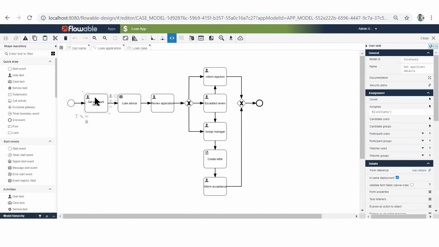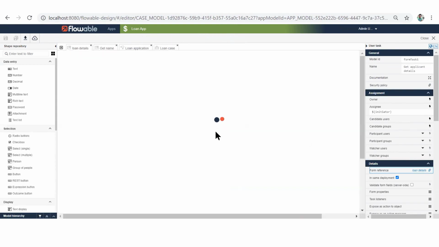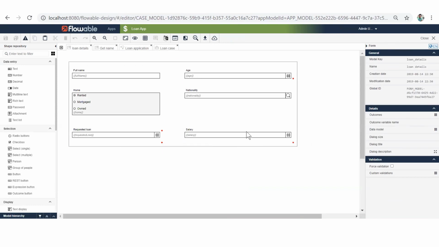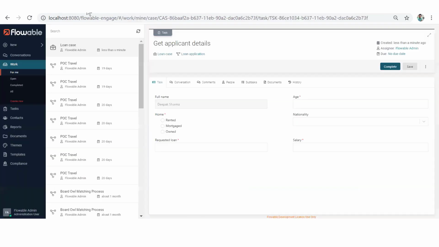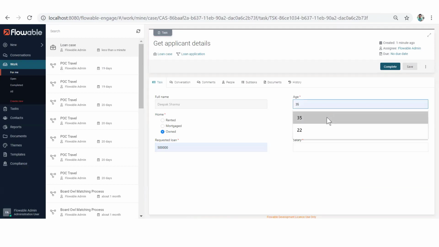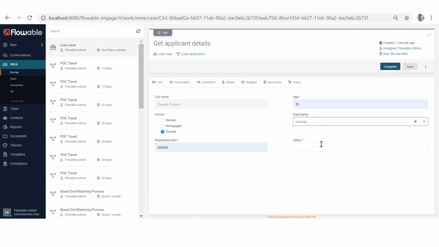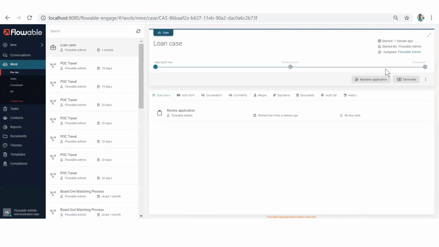After that, it will go to this user activity. Whenever it goes to the user activity, the flow will stop here, and we have this form created. In the form, we have designed these values, and we are asking for these details, so the same we are going to provide here. Let's say I give is owned, some value, I'll give an age, 35, select nationality from the drop down, and select the salary. If I complete it, my business rule is already executed and it moves to the next user task.